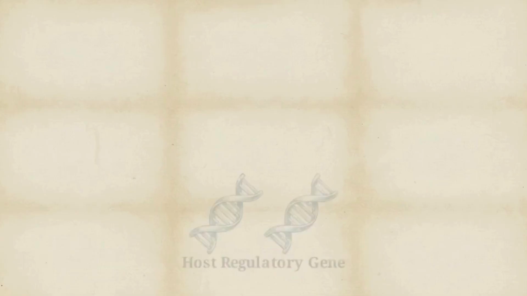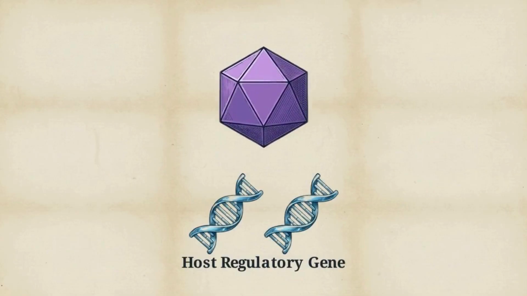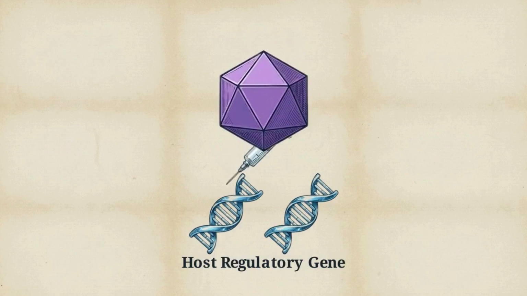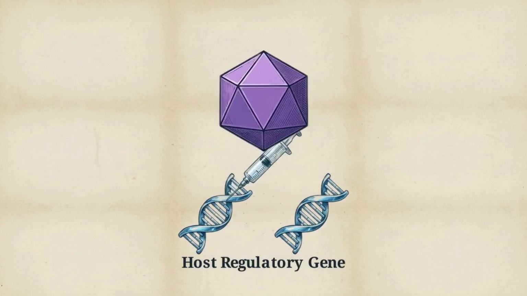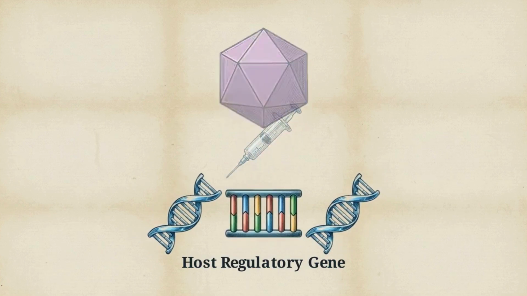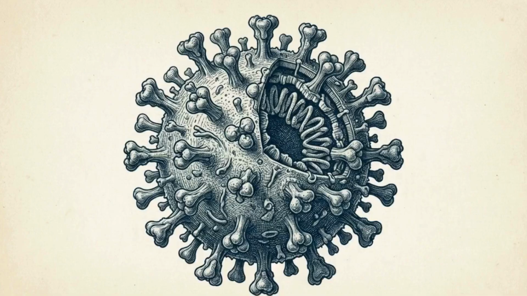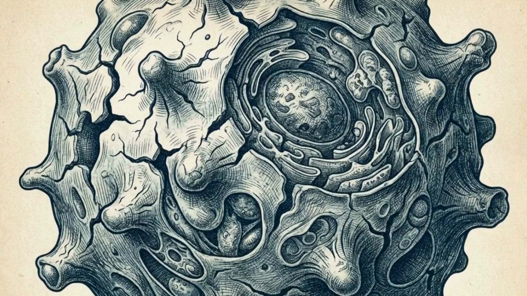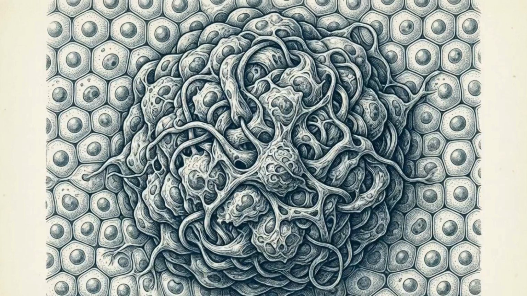A third pathway involves oncogenic viruses, like the human papillomavirus. These viruses introduce foreign genetic material into the host cell, often directly integrating their own DNA into the host's regulatory genes. Whether through radiation or chemical toxins or viral integration, the environment acts as the catalyst that pushes a cell past its mutational threshold. We can observe the physical results of this molecular collapse by returning to the cellular level.